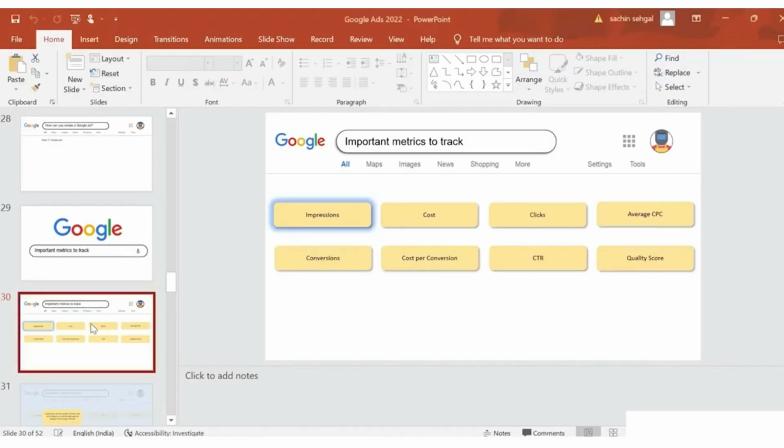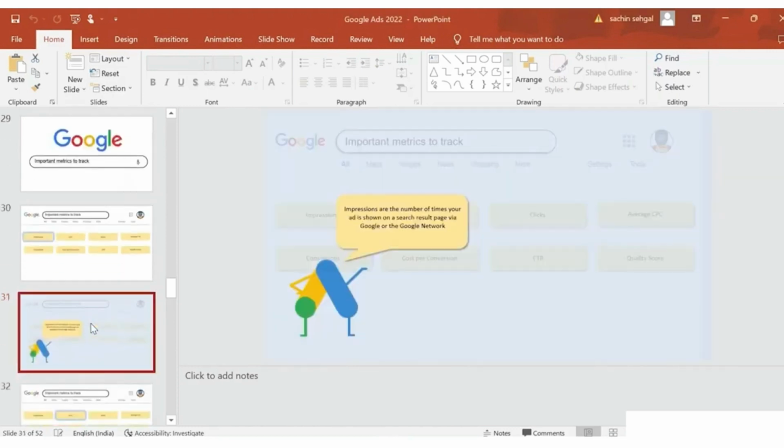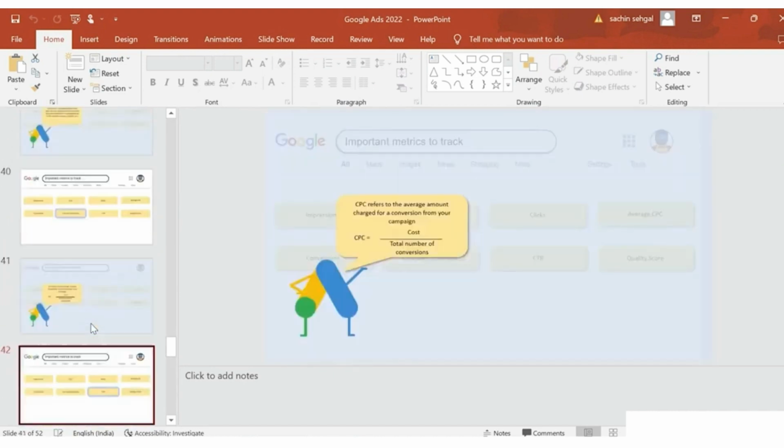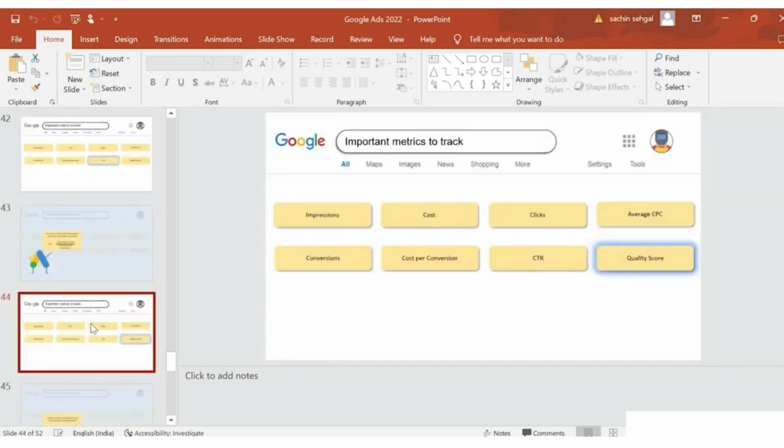Now we can see some of the important things here, like the metrics we have discussed: CPC, conversions, cost per conversion, CTR. The only thing which we have not discussed is the quality score.